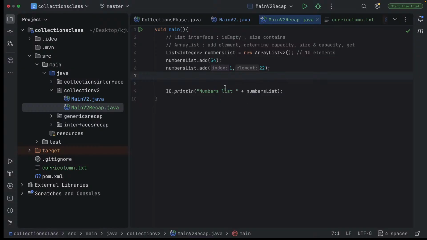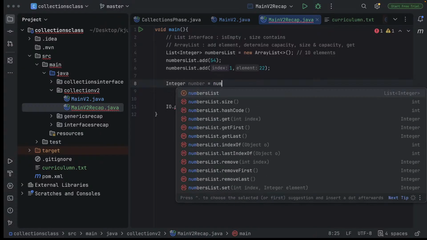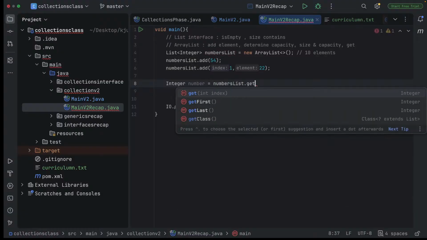So the next thing we learned here is that we were able to add elements and print the elements stored in the array list. The other thing we looked at was the ability to retrieve those elements. If I want to retrieve the value 54 from the array list, I can say integer number equals numbers list dot get, using that get function. And you can retrieve elements because an array list